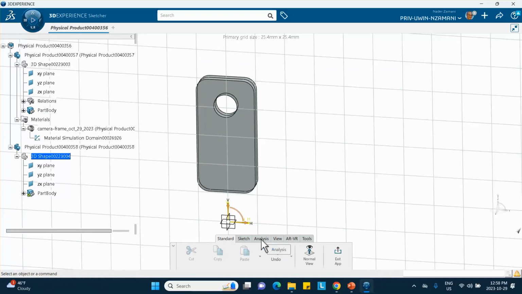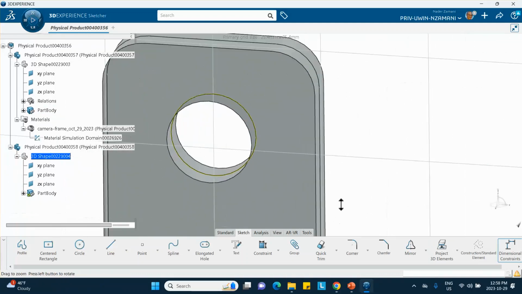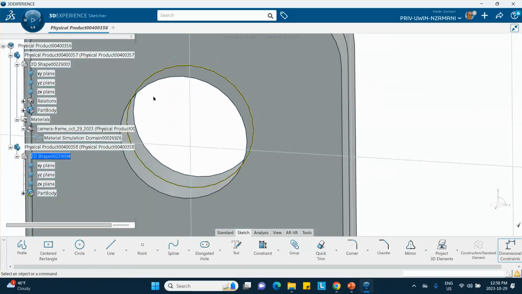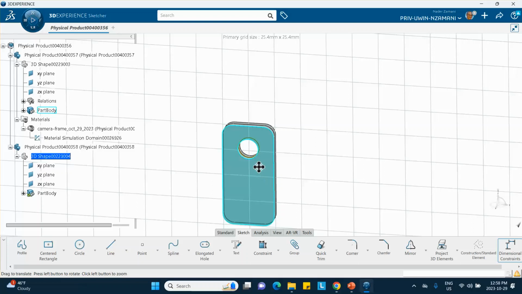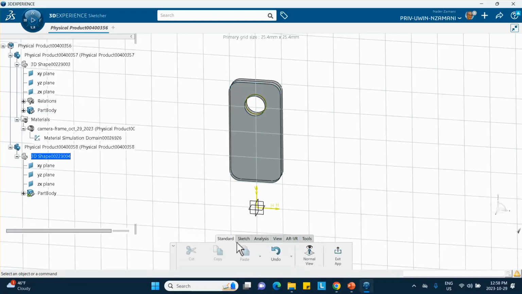We don't want to change the radius. So under sketch, here's the project. We take that circle, we project it. Did it get projected? Yeah, okay. You say fine. So it's projected there. Actually, you can see that there is a red curve there. That's a projection. Okay, so we exit, exit, exit,